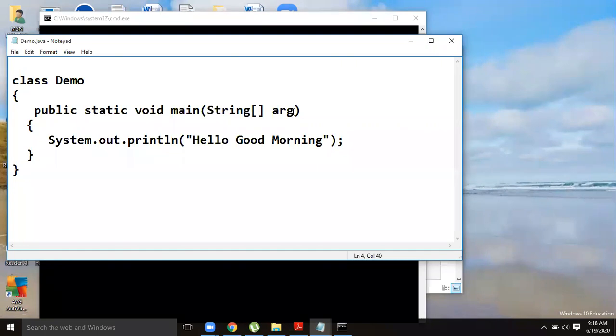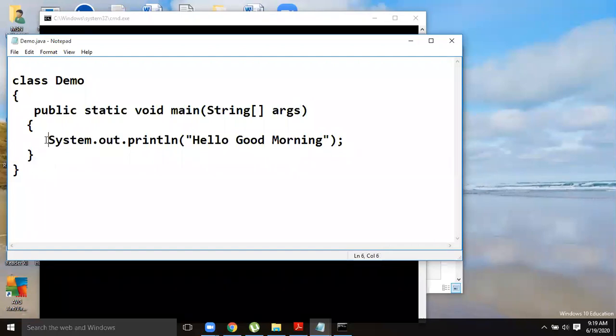Or this can be anything. It can be a also. Why we write arg or args is so that we never commit mistakes, because we generally take a, b, c as variables. If you write arg or args, there is no chance of encountering the same variable anywhere in the program. So it is better to write either arg or args. Anything can be accepted. That is no problem. Okay, this is the meaning of public static void main. So your main method does not return anything. Static means this member is common to all the objects. Public means it is visible to all. Anybody, anywhere, you can use this main method.